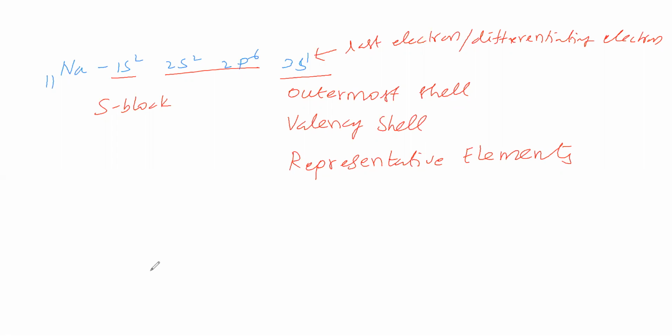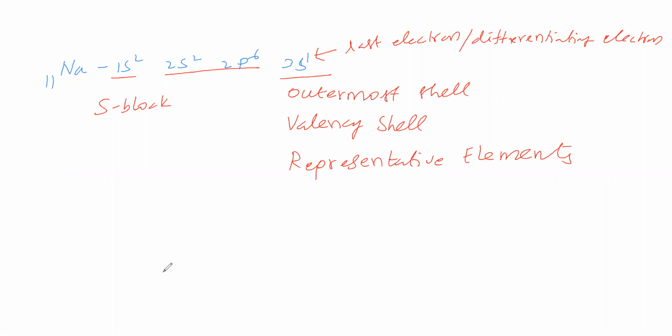So, what is a representative element? There are 2 points we have to see. What are the 2 points? First point, the valence shell configuration should be equal to the outermost shell configuration. Second point, the valence shell should contain a number of electrons less than 8. Then that element is called a representative element, we can say.